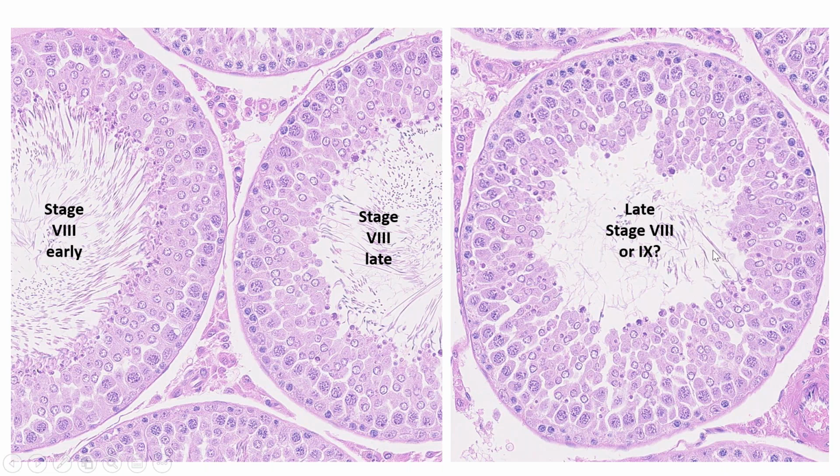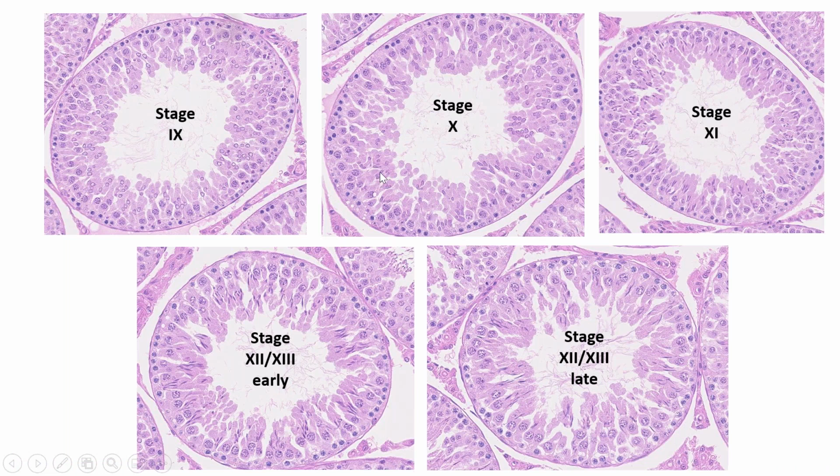So this is where we found the difficulties of deciding where exactly one stage would finish and one stage would start, and this is why we ended up pooling a number of stages, and also why we ended up doing the validation non-blinded. So for stage 9 through to 13, we were just looking at the shape of the elongating